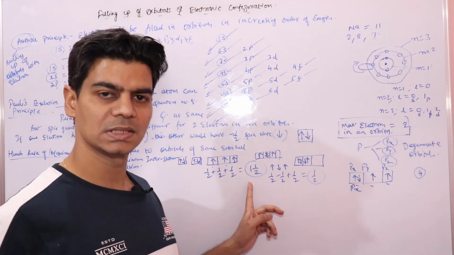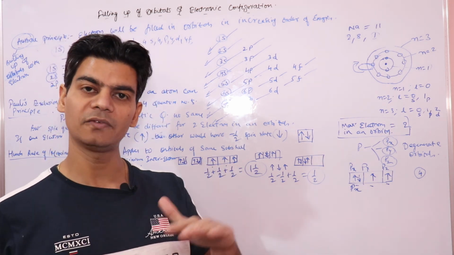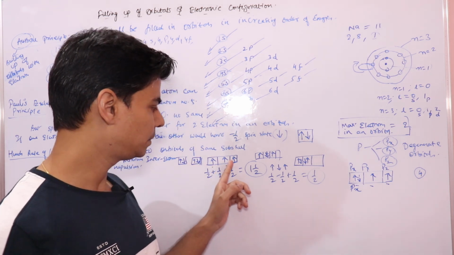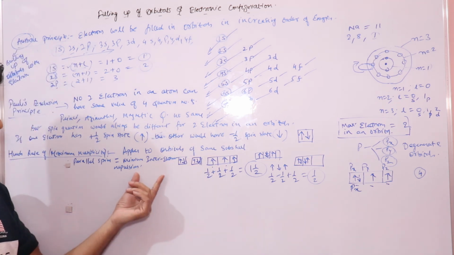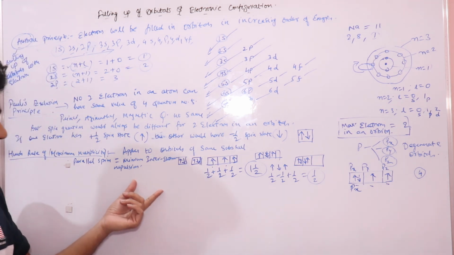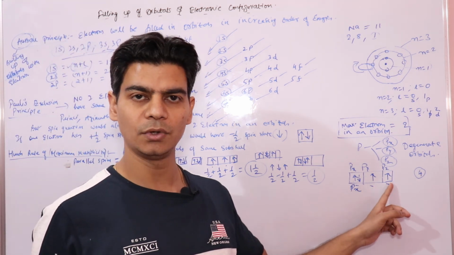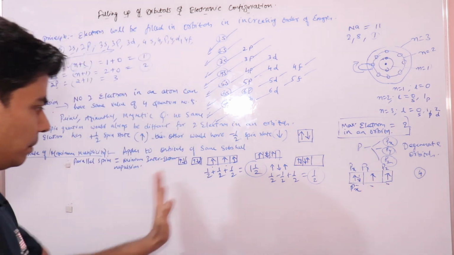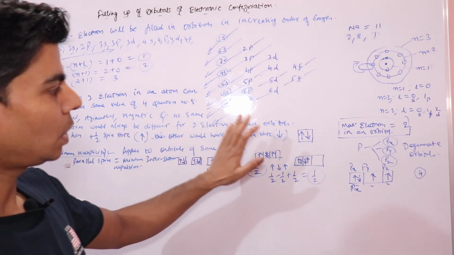In order to have maximum spin, all these electrons should have parallel spin, in the same direction, because that arrangement will give you minimum inter-electronic repulsion. And maximum unpaired electrons will also give you minimum inter-electronic repulsion. So remember these two things, these are important for Hund's rule of maximum multiplicity. Now in the next video lecture we will look into how to write down the electron